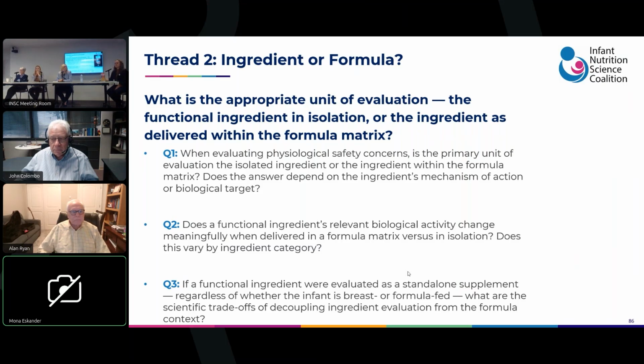If it is safe, then the ingredient company that has the new ingredient joins with an infant formula company and submits pre-market notification